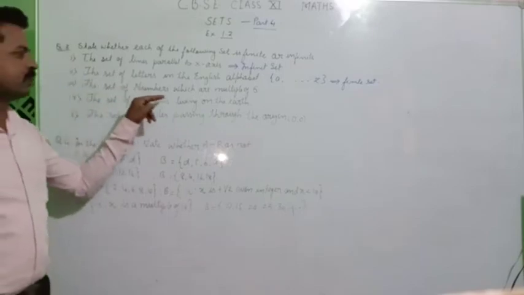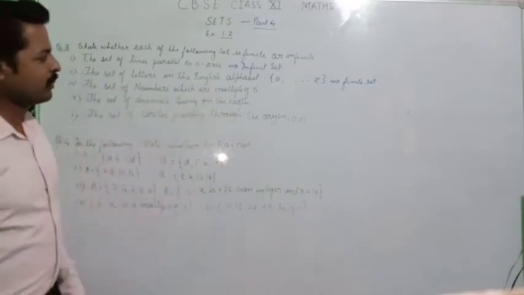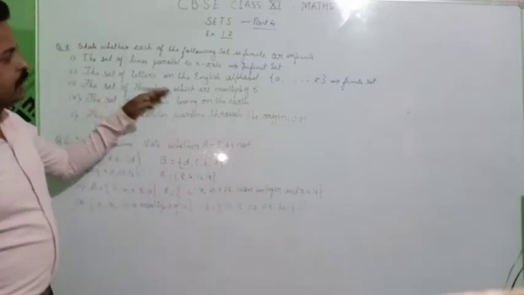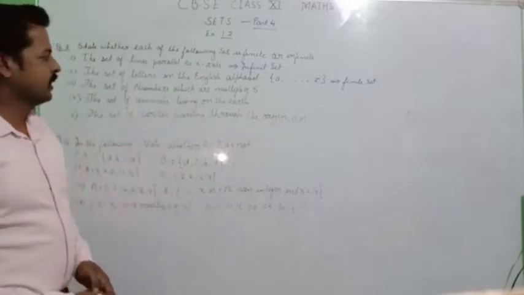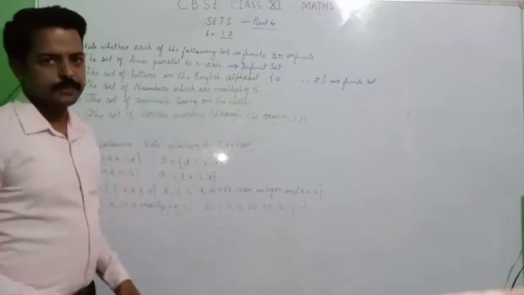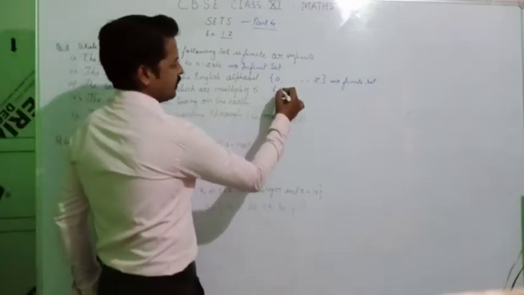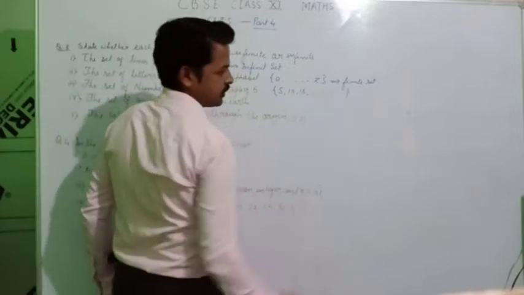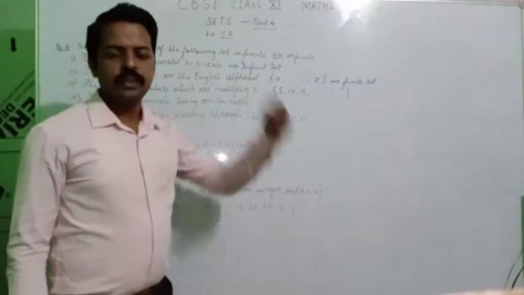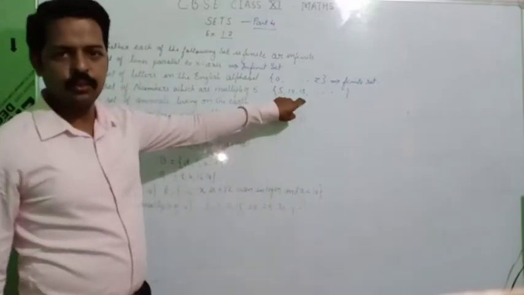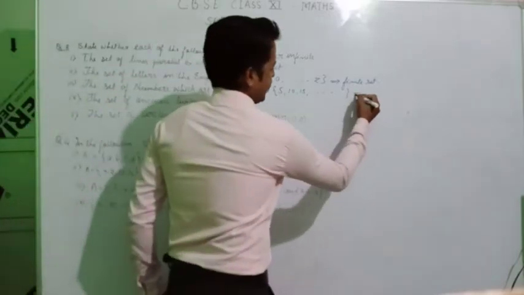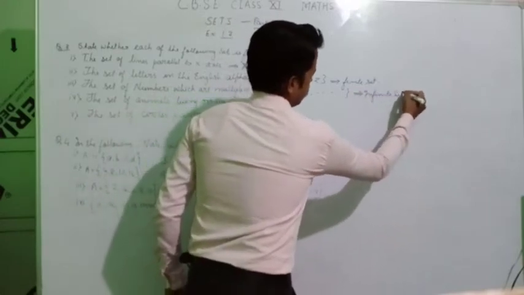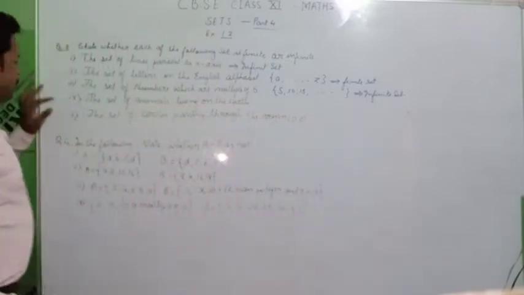The set of numbers which are multiples of 5. Now, numbers which are multiples of 5. See, the definition is given like this. You have to first of all elaborate it in the listing method. Numbers which are multiples of 5 are 5, 10, 15, 20 and so on. Just simply go on counting. It is an infinite set. I hope you understood. So this is an example of infinite set. Now I hope you will solve these two questions.